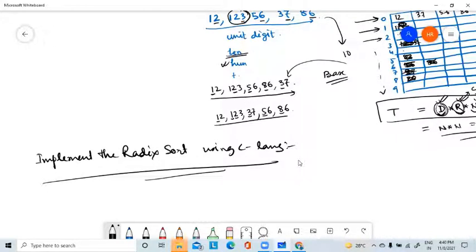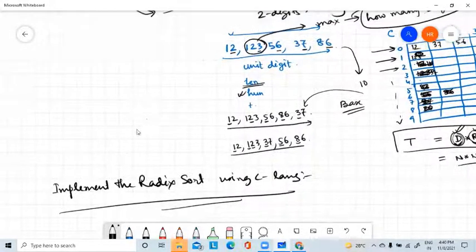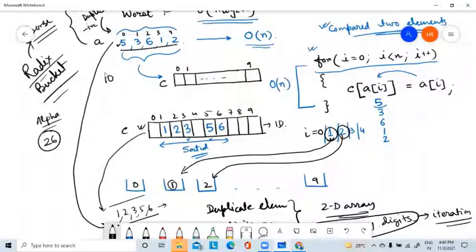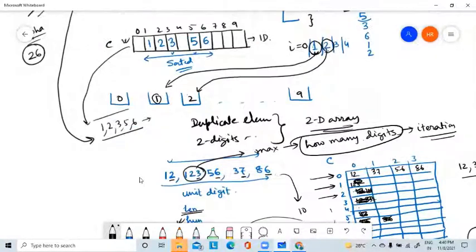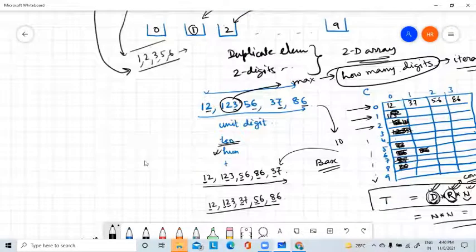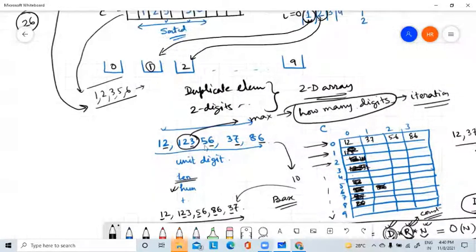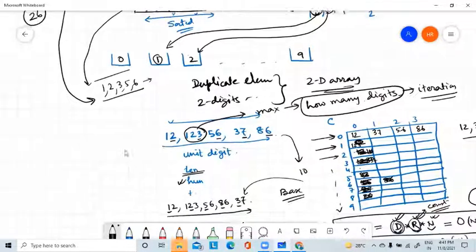Okay, merge sort I have already written. See, this radix sort is not in your syllabus, but this is a very interesting sorting, so that's why I have covered it. If you are not able to write the code, I will definitely help you, but try to implement it. How to implement? You have to take the digits one by one, then you have to put each in its proper position. In this way you have to implement. Try to implement it. If you are not able to implement, I will definitely help you.